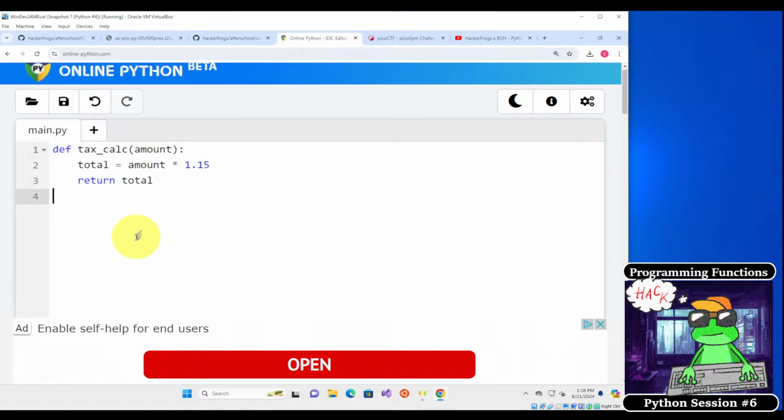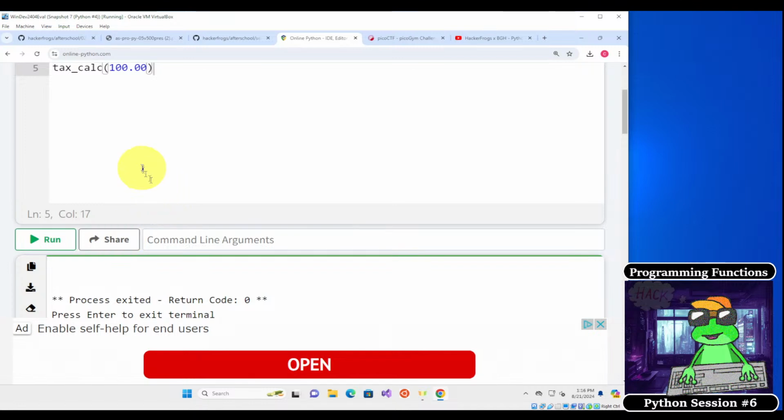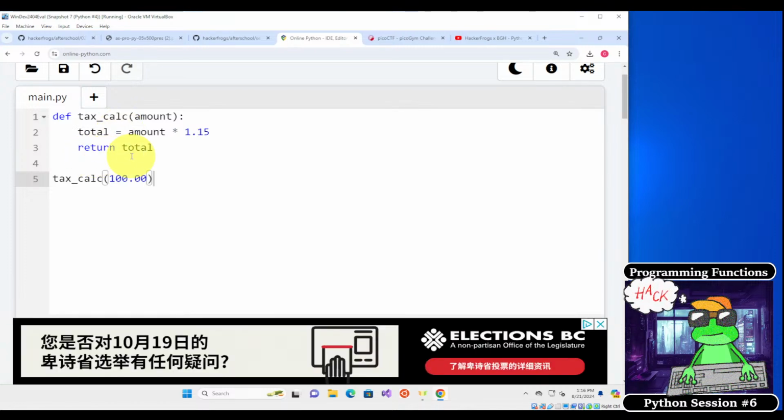So interestingly enough, if we just run this, so tax calc, and then we give it a number, and let's just say, let's just give it an even 100. Then when we run this function, it's not going to show anything because the function returns something. That doesn't mean that it prints it. So if we wanted to print what the function actually returned, we have to put this inside a print statement,